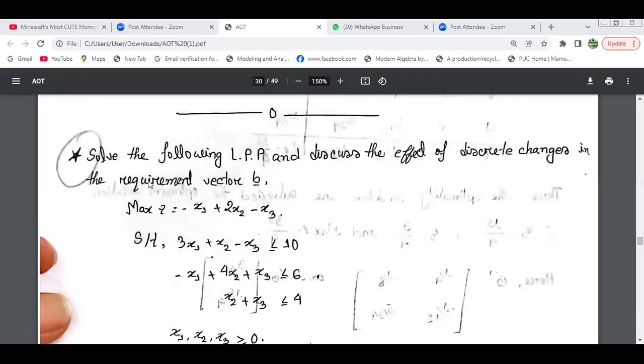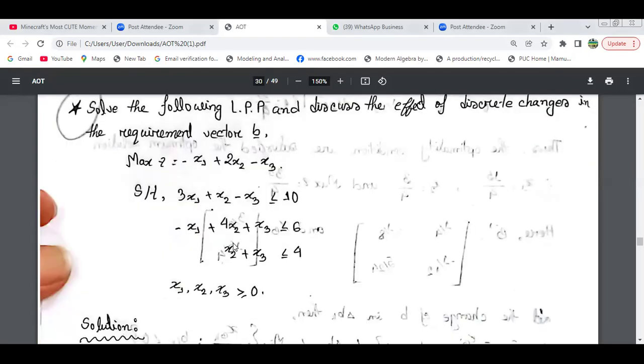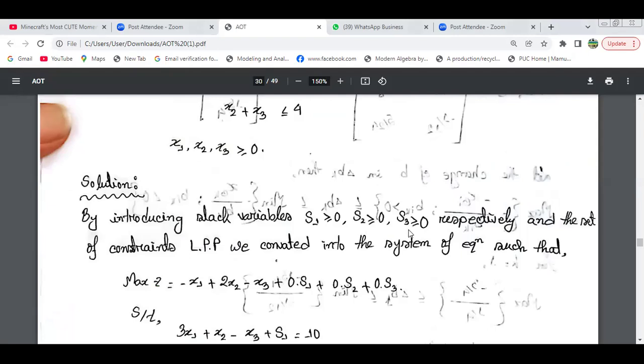Now another example, solve the following linear programming problem and discuss the effects of discrete changes in the requirement vector B. Maximize z equals to -x1 plus twice x2 minus x3 subject to thrice x, এখানে তিনটা কনস্ট্রেইন্ট দেওয়া আছে, ঠিক আছে? তো সিমিলারলি আমরা এখানে তিনটা স্ল্যাক ভেরিয়েবল নেব, s1 s2 s3, এটা অবশ্যই নন নেগেটিভ হবে।